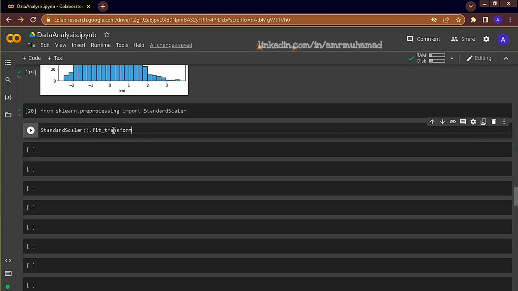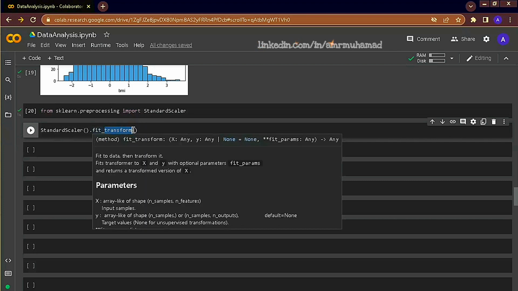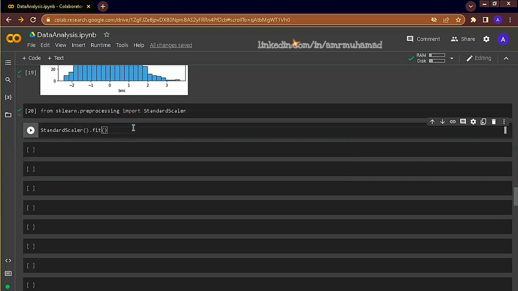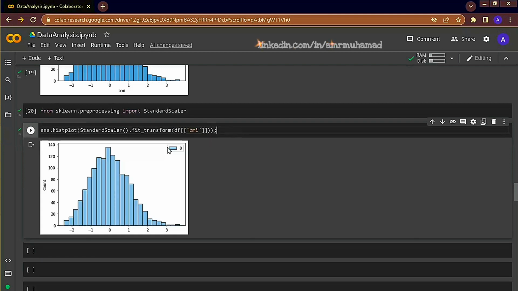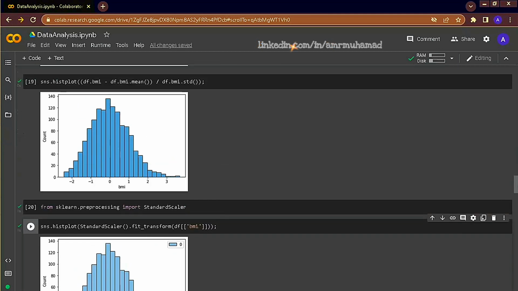Here there are two processes being done. First, fitting, where the calculations are made, and transformation, where data is actually changed from the original numeric values to these z-score values. We can call fit alone, then transform in another call, but this time we are going to call fit and transform in one go. We can see that it transformed the values into their z-scores. We can go ahead and plot these values, and we get the exact same output as we did earlier.